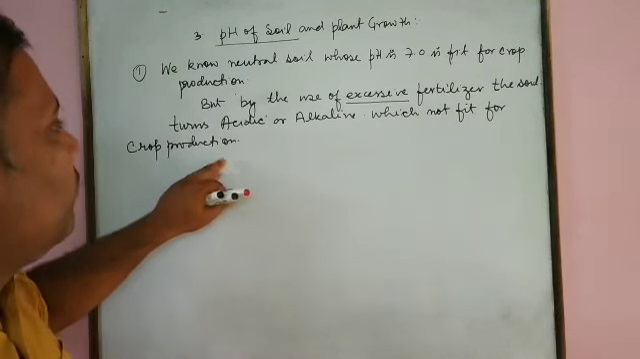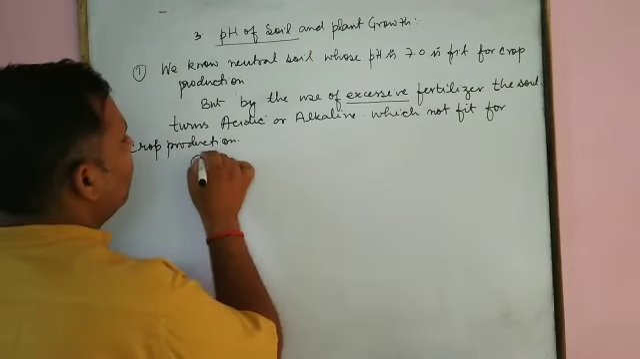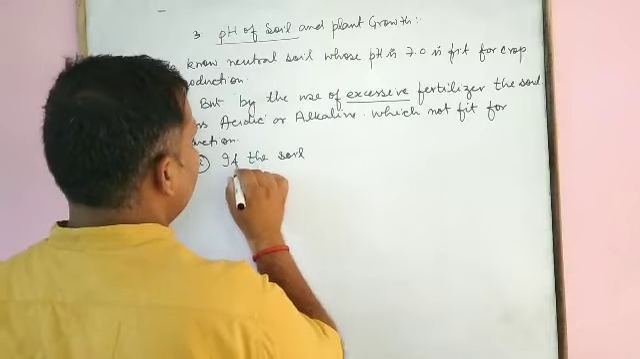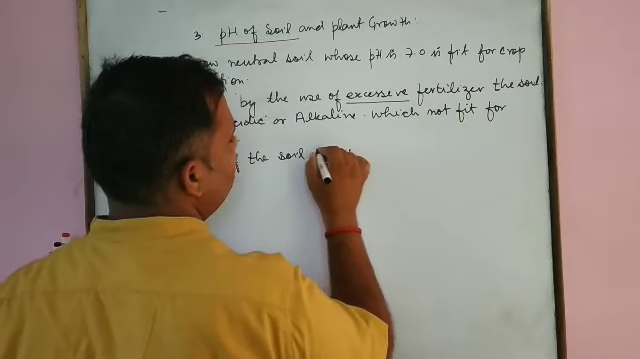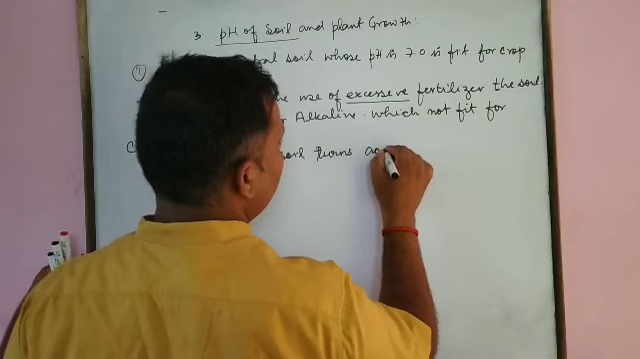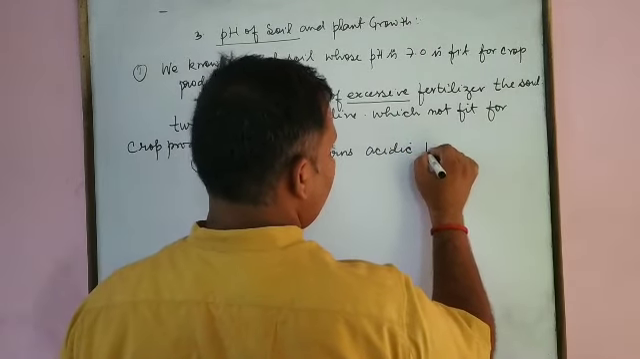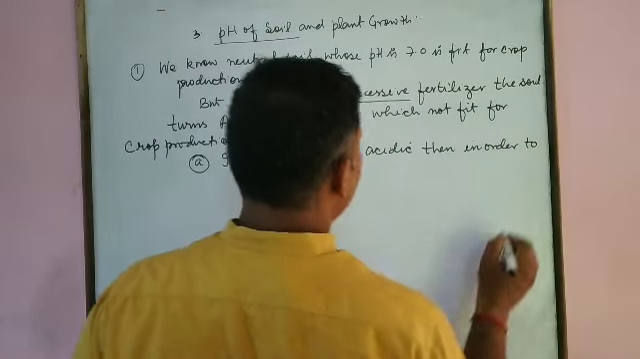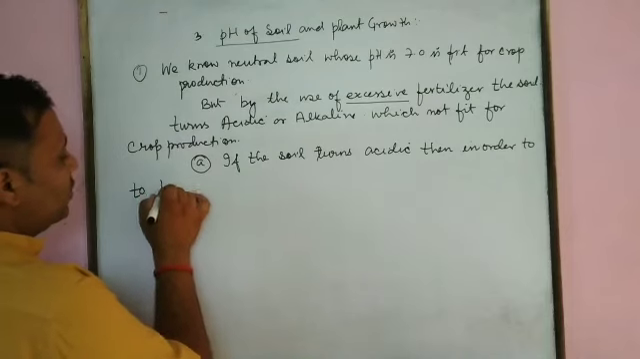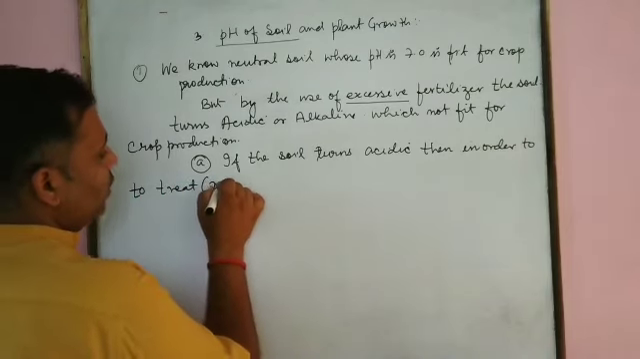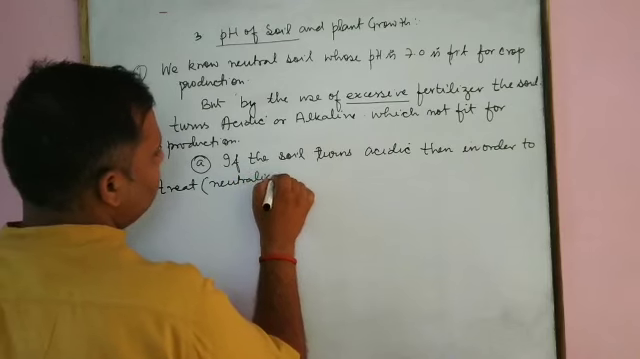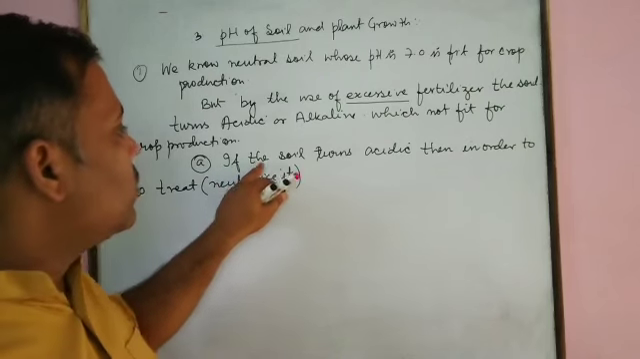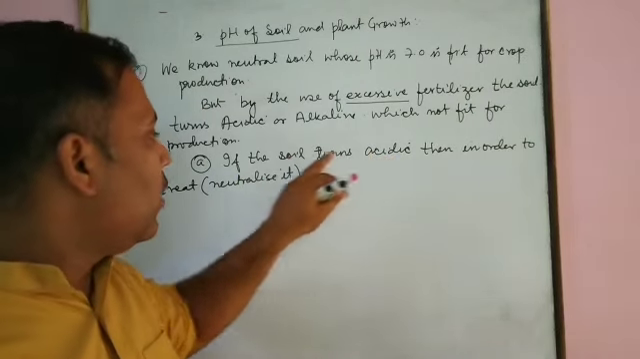Then in that case, what do we do? The first one, A. If the soil turns acidic, then in order to treat it, or we can say neutralize it. In order to treat it means in this case, if the soil turns acidic, then in order to neutralize it,